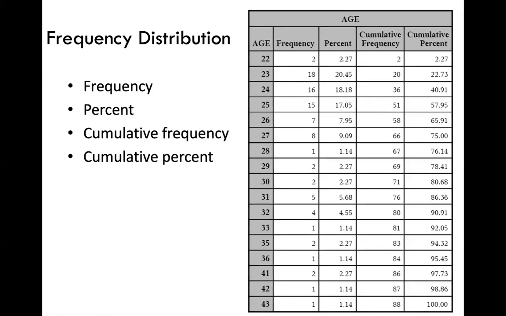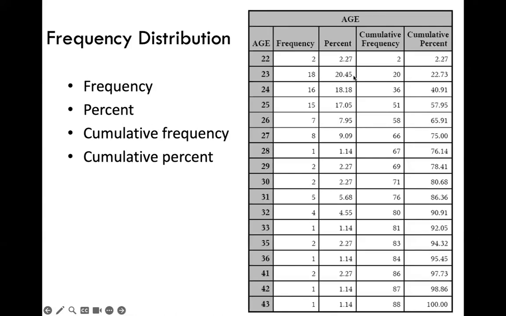Well, we can look at them categorically, where we break them into different categories based on each age. If we look at a frequency distribution of these different ages, and this is what output from a computer program would give you, you'll see that there were 2 people that were age 22. This is the proportion or the percent of people in the class that were 22, and then you'll see how this goes up. So there were 18 23-year-olds, which accounts for